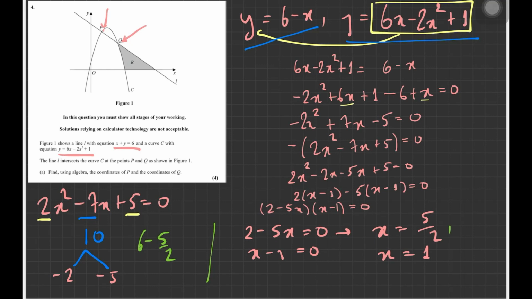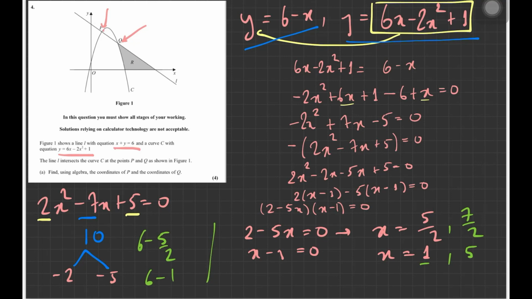Oh, sorry. So 6 minus, so 12, and I will get 7 over 2. Okay. And if I put 6 minus 1 for this x, then I will get 5. And there you go. I have my coordinates now. So my coordinates are